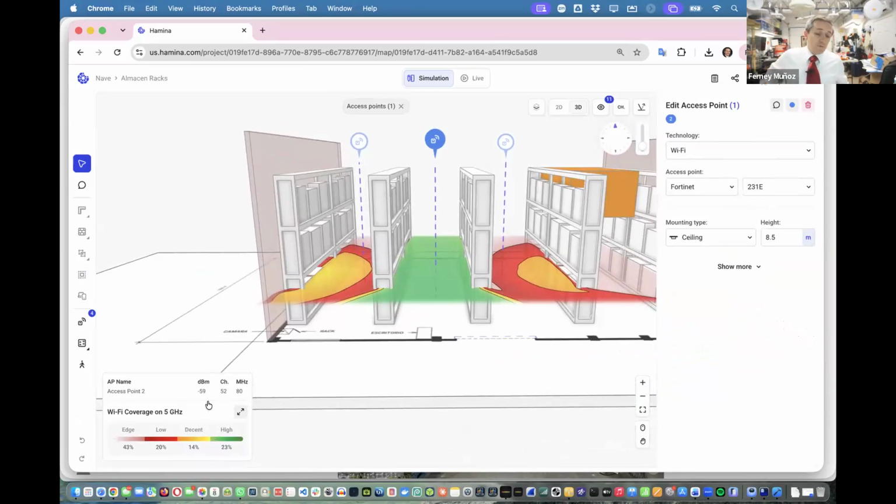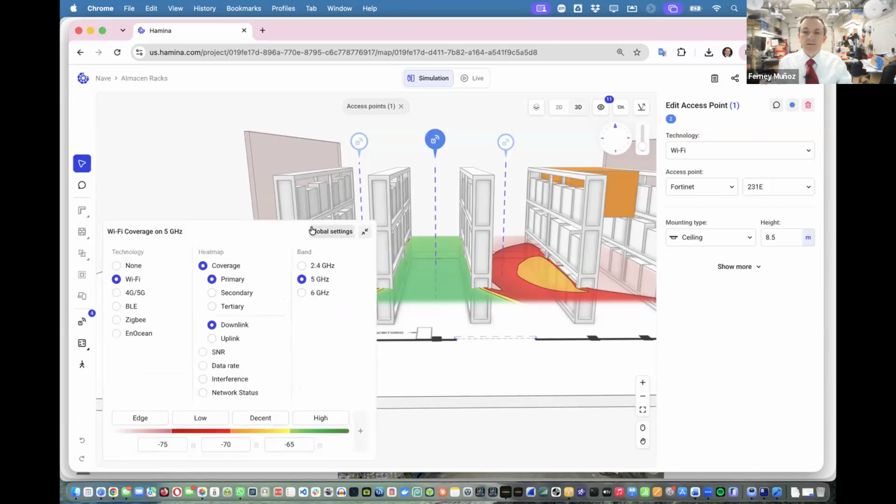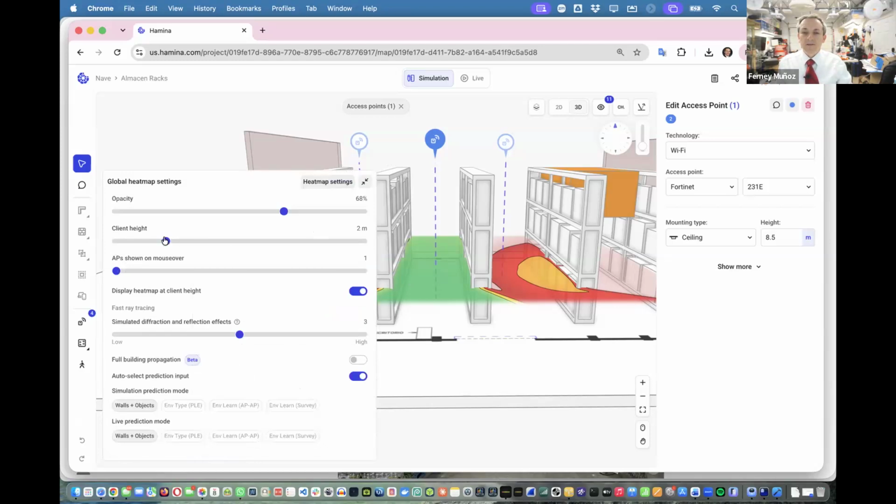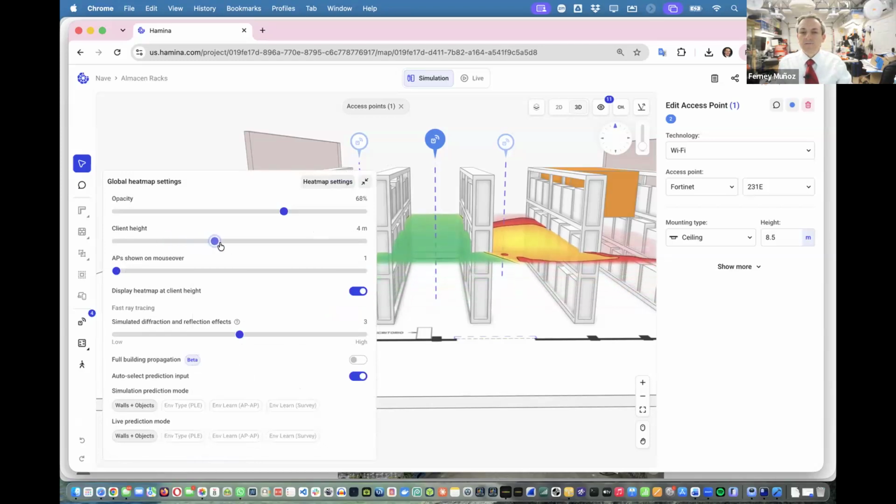And this is where it gets extremely useful, because if there are places where the guy that scans the merchandise is not just at ground level, but goes up and scans up high, then you can see if that AP in that location is going to provide coverage at that height. If I say at 3, at 4, at 5, at 6, at 7, at 8 meters, boom! At 8.3 meters,